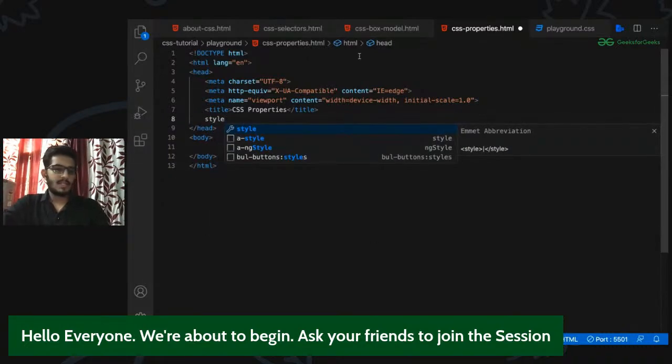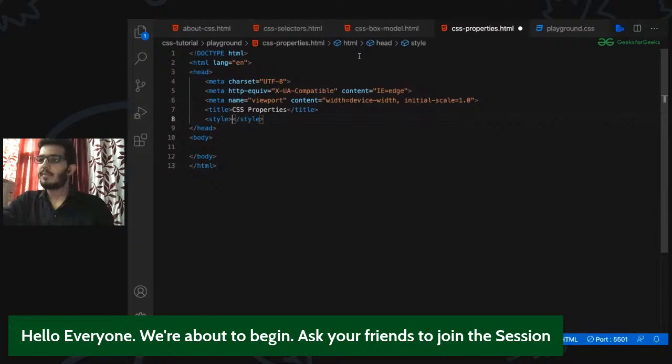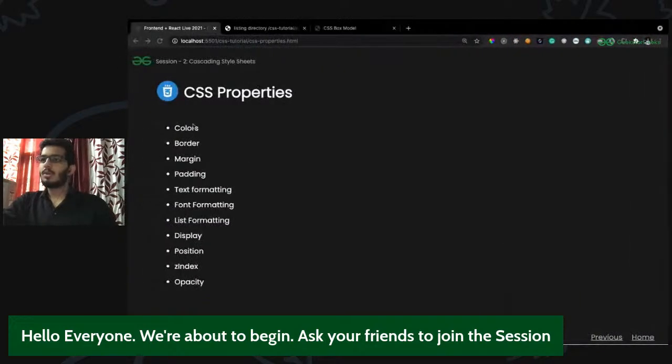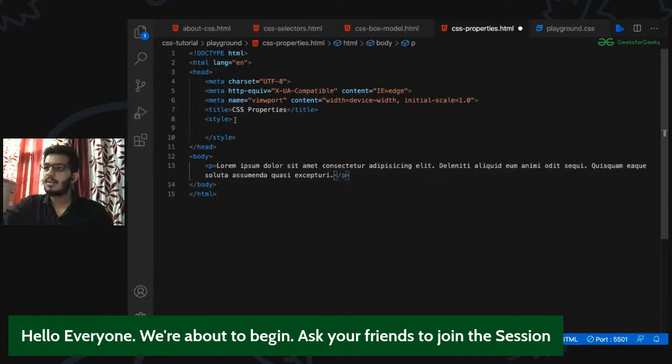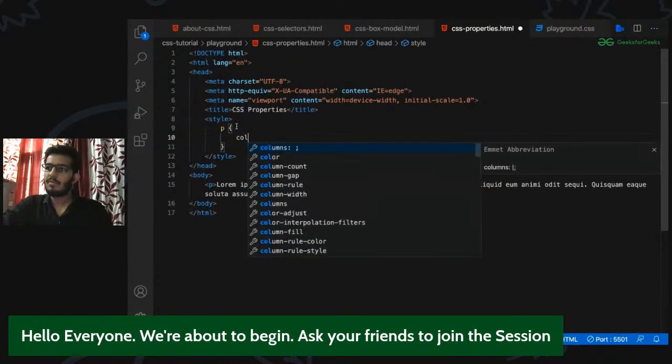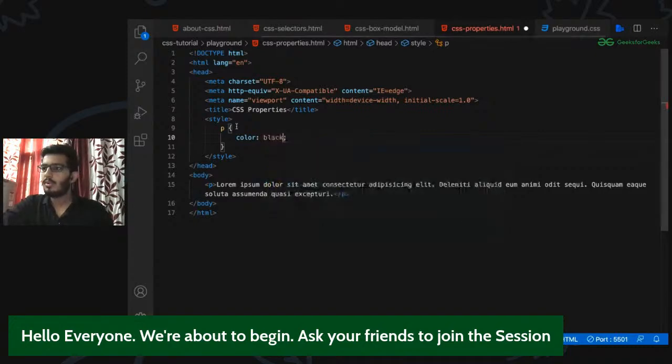I'm using the internal CSS here because it is very easy to show you guys. Otherwise, the external CSS is much more preferred. Okay, so let's look at the color property. Color is descriptive enough. We want to give colors to particular elements, right? So let's say if we have a p tag containing some dummy text, I want the p tag to have a color of maybe blue,